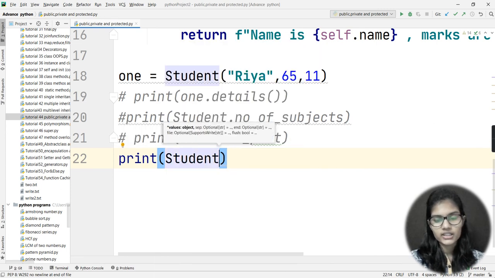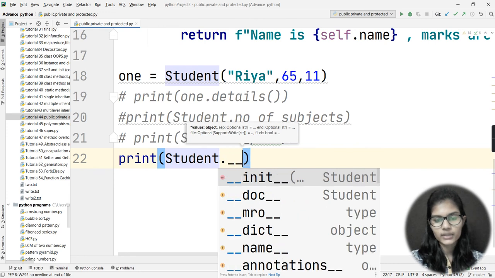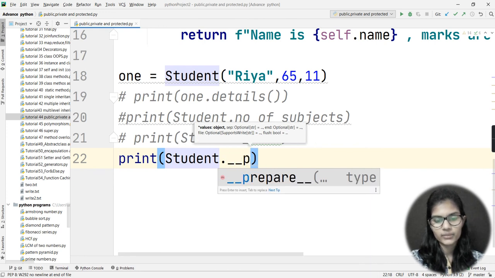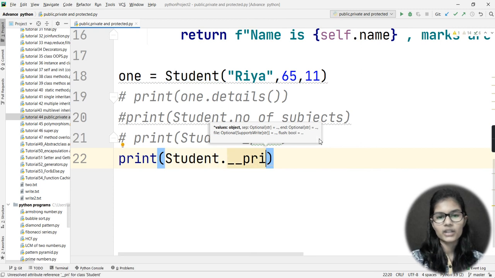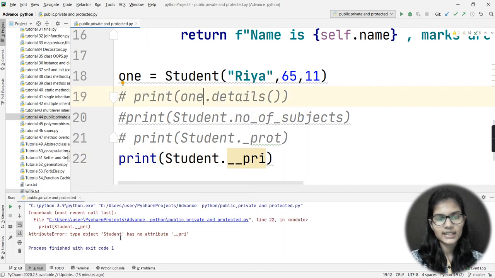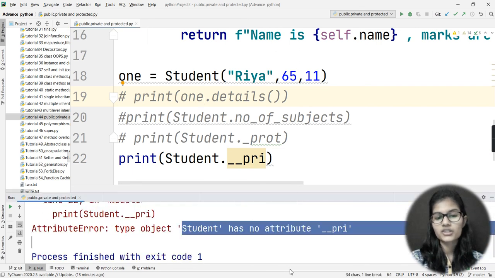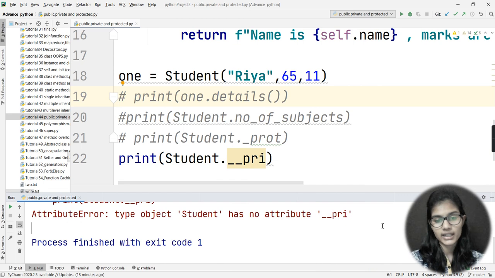So if I write here student dot, and then underscore underscore PRI, that is my private variable, right? Now if I run it, I am getting an output: type object student has no attribute PRI.